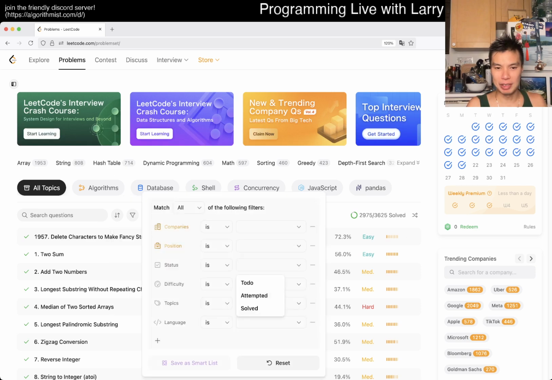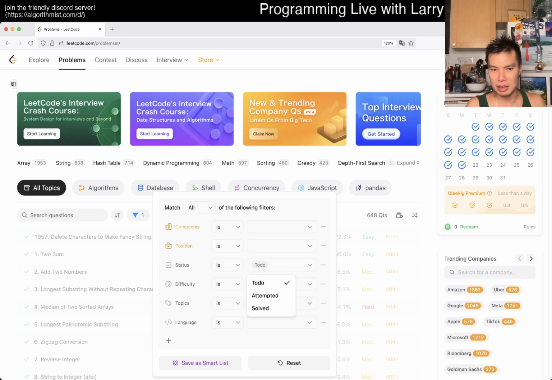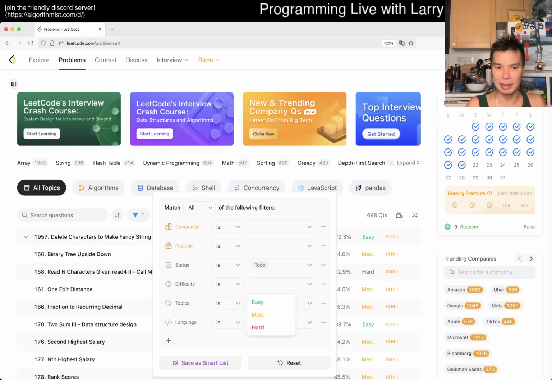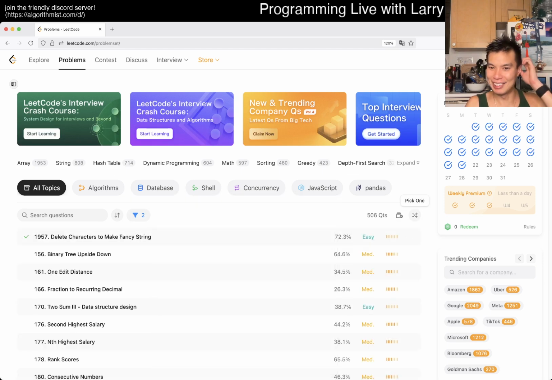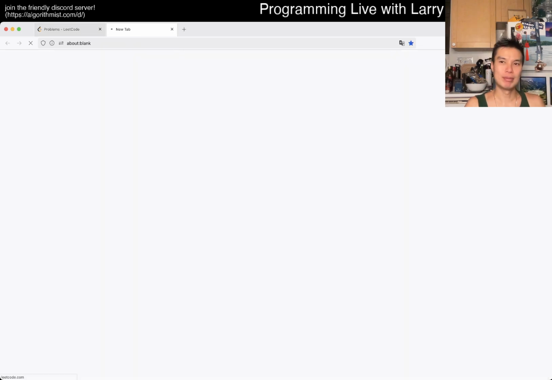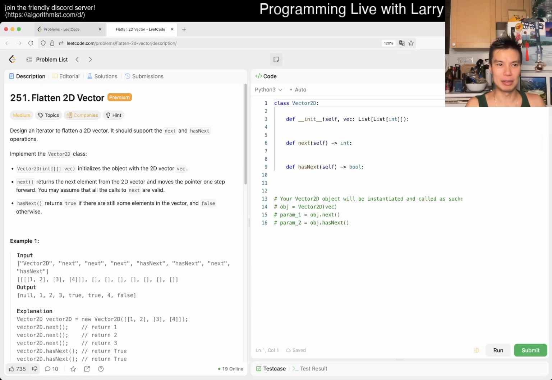The reason why I do a bonus problem is because we have an easy today, and I feel I have an okay energy. I am going to keep it easy-medium, but we are going to do a random one. I just don't know that I have energy for hard. But yeah, let's go. Pick one for random, and we have a medium that is Flatten 2D Vector. Premium problem. Hope everyone's having an okay day.